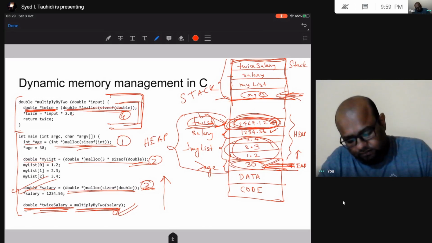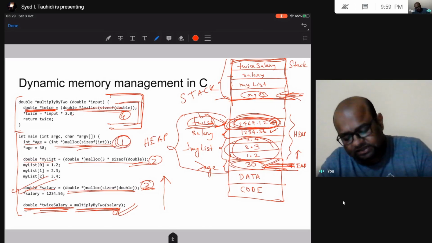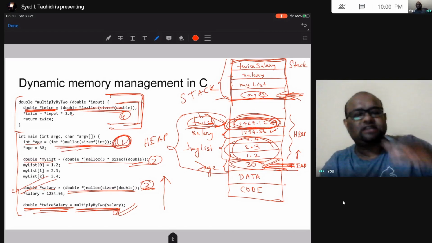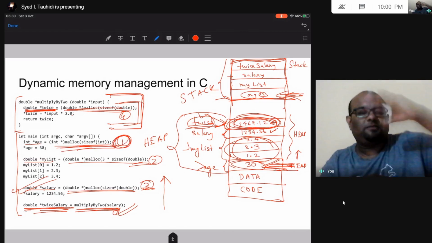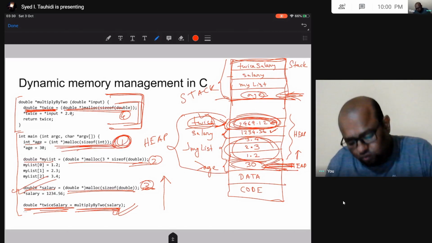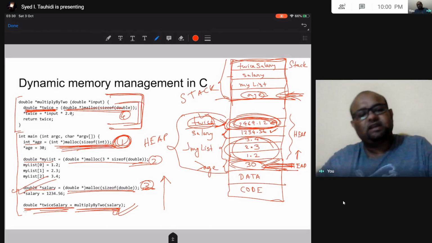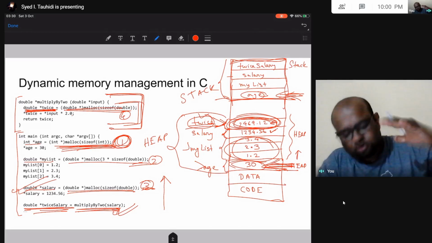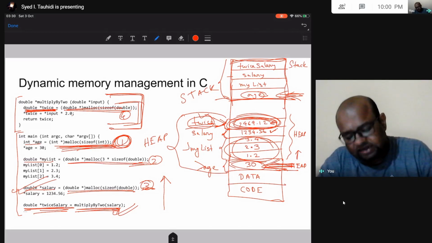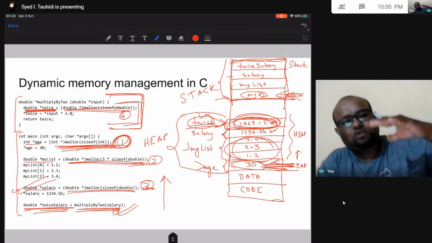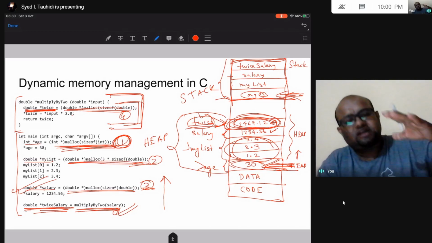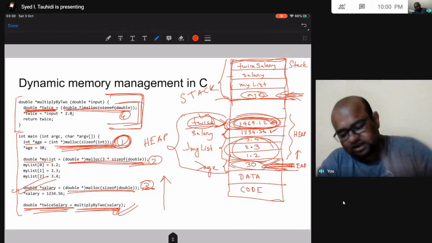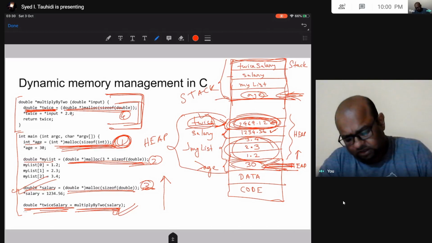So this is going to have the lowest address. The first thing in the heap is growing upwards. So when the first memory is allocated, that is going to have the lowest address. Then the second thing that is allocated will be on top of the first thing, then the third on top of the second, and finally the fourth on top of all the other things.